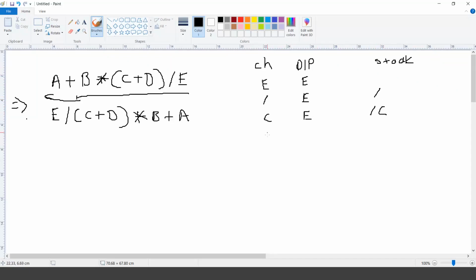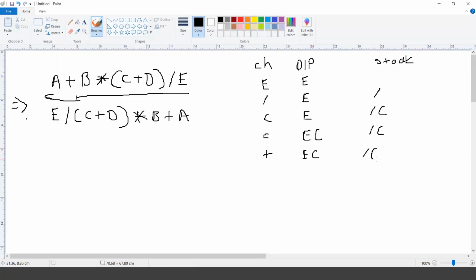The next character that we are scanning is alphabet C. It is an operand, so we output it directly, that is C, and there is no change in the stack. Then we are going to scan the plus symbol. It's an operator, so no change in the output, EC.